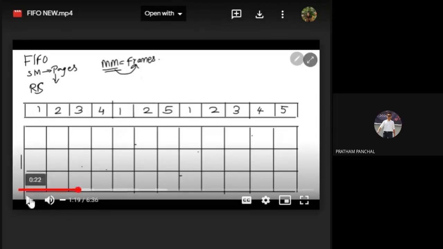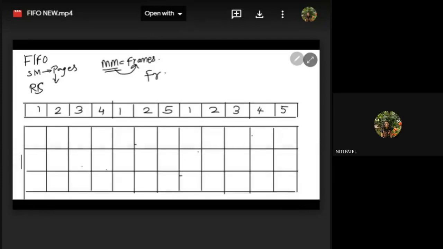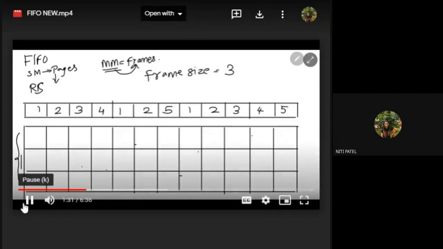Along with this reference string, in the question you will also be given the frame size. So the frame size is equal to 3, for example, which means that